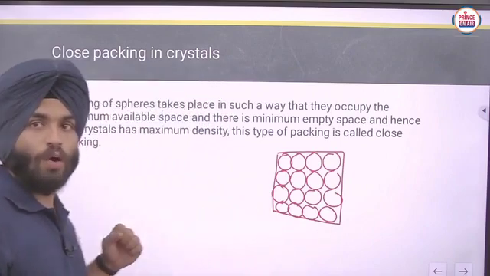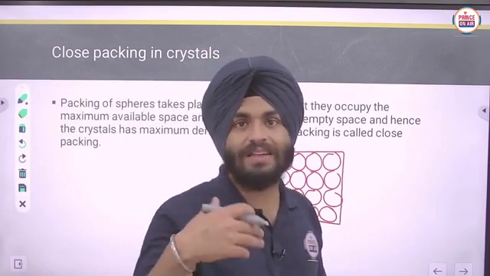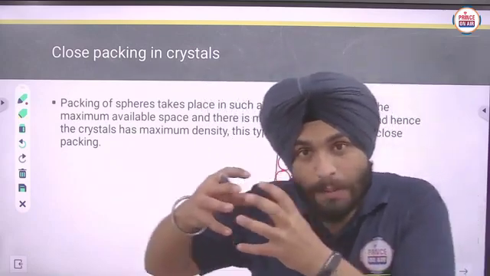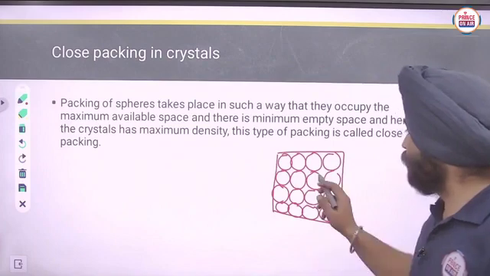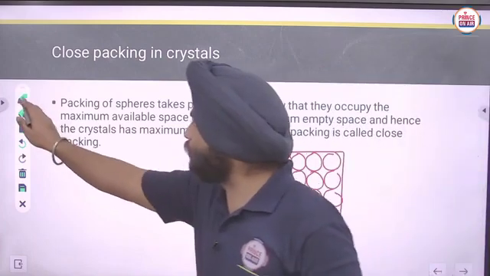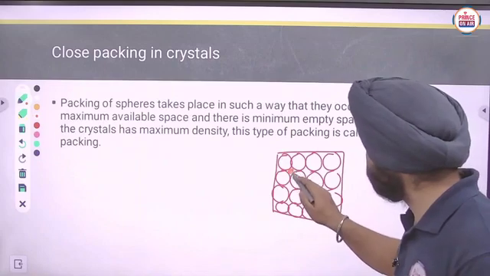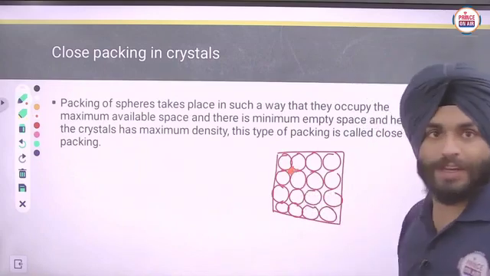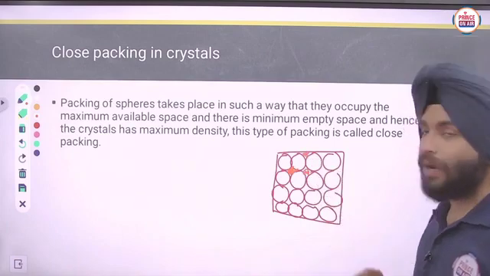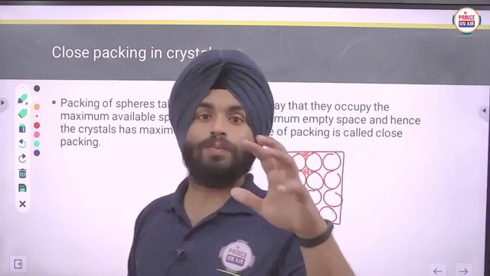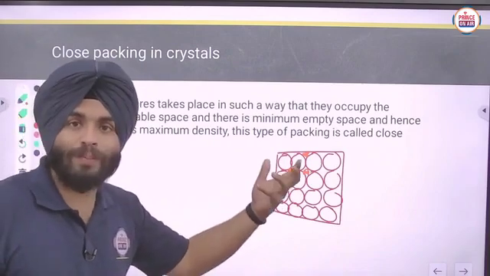Now, what is close packing in crystals? The packing of spheres takes place in such a way that they occupy maximum space. Maximum space means there should be minimum empty space. No doubt there is some empty space, but there should be minimum empty space and maximum occupied space.